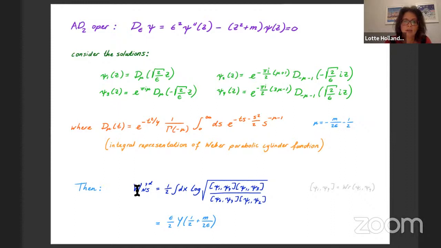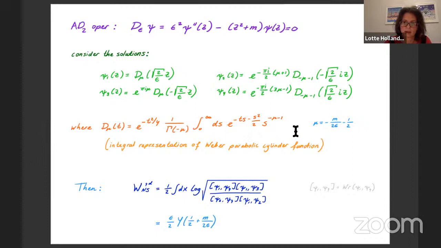So what we could do is choose, consider at least the solution psi1, which is equal to a parabolic cylinder function. Psi3 is basically the same, where the argument has an extra minus sign and there is an extra phase. And psi2 and psi4, where we've introduced an extra factor of i in the argument, and some other prefactors, some other phases. So suppose we do that. These are all solutions of this equation.